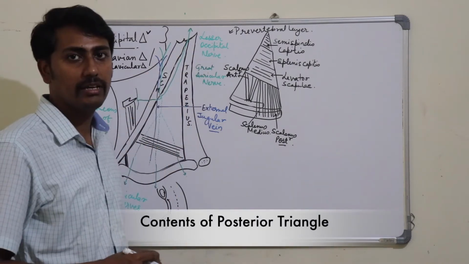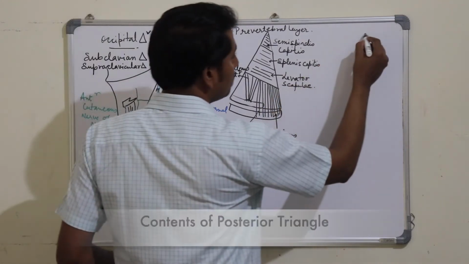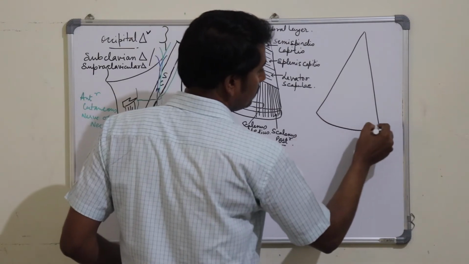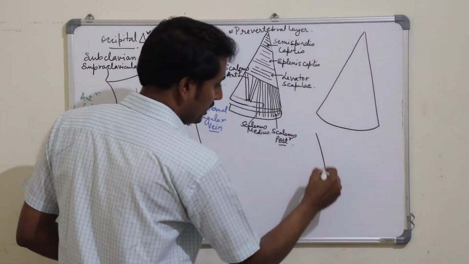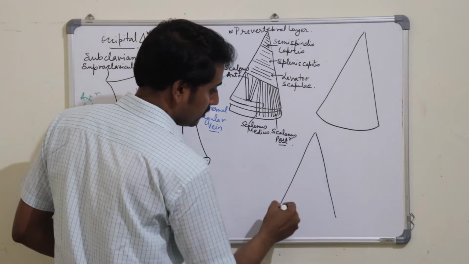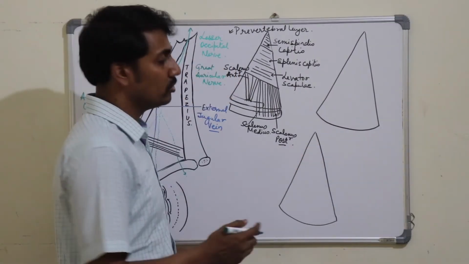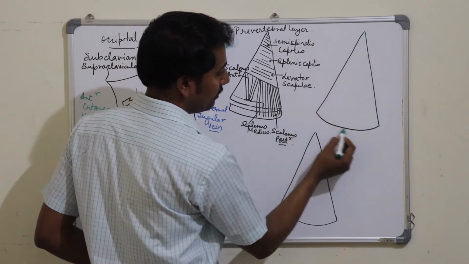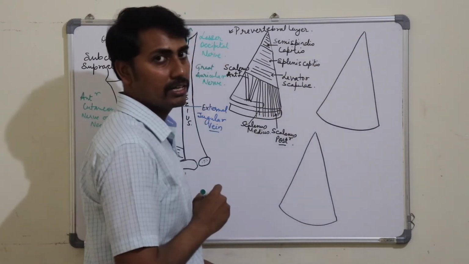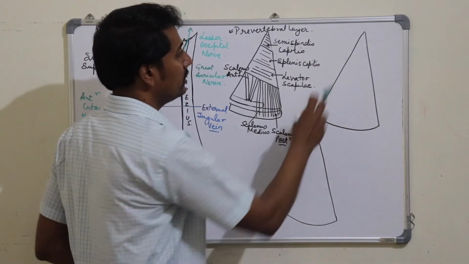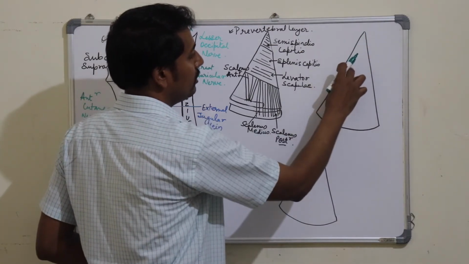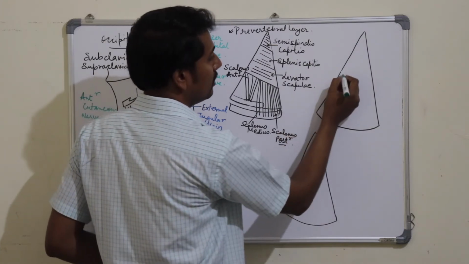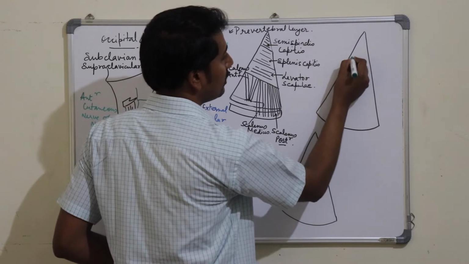Now the contents of the posterior triangle. Now we will make 2 diagrams of the posterior triangle, one for the nerves and another for the vessels and the lymph nodes. So this is the anterior border, and this was the posterior border of the posterior triangle, and this was the base, and this is the apex of the posterior triangle of the neck. As we have already studied, from the junction of the upper 1/3 and the middle 1/3 of the posterior border of the sternocleidomastoid muscle, 4 cutaneous nerves were emerging. The first cutaneous nerve was the lesser occipital nerve.